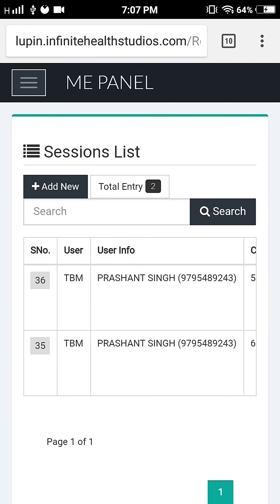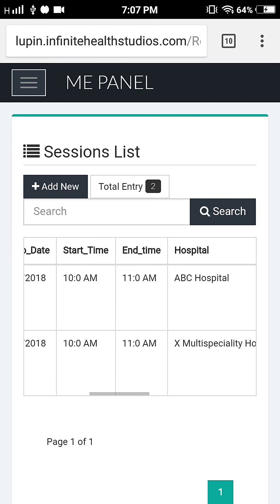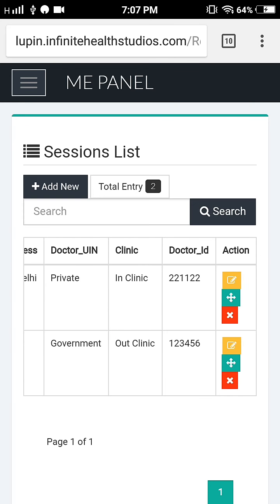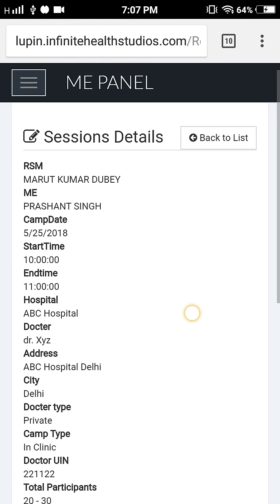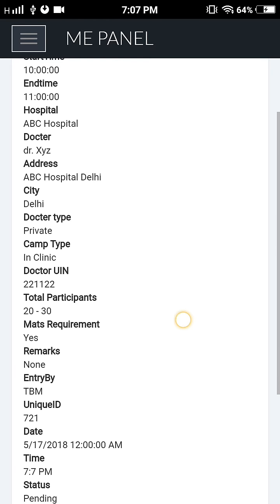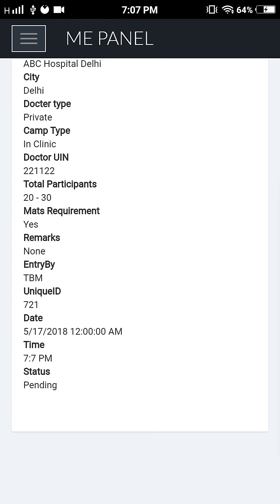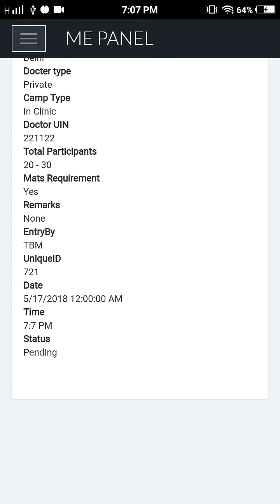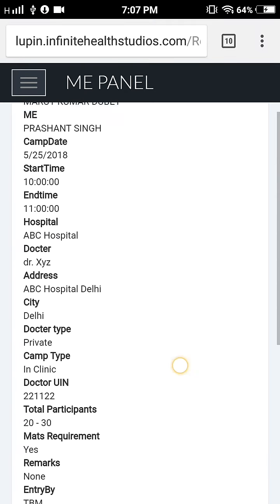Now if you want to delete the entry, if you think this session has been cancelled before it even went live, just click on the green button now to view. I'll then explain the delete column. So once you click on the green button, you can just view the summary of the camp that you have planned. So it's like a quick cross check.